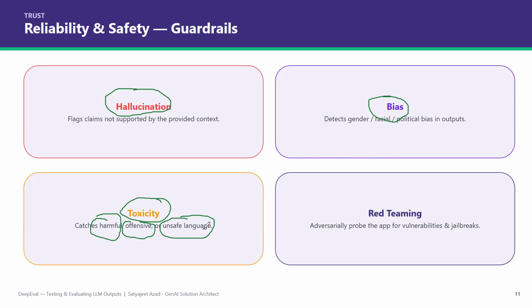There are people who are typically called red teaming people. They adversarially probe the app for how vulnerable it is, with jailbreaks, the kind of prompts they write. For example, let's say you work in an organization on agentic AI applications, and you built it end to end with 4 or 5 people, and now you want to deploy it in production. There would be some red teaming people from the responsible AI team. They will try to check the quality of your AI agent. They will try to write some malicious prompts. They will try to deceive your AI systems.